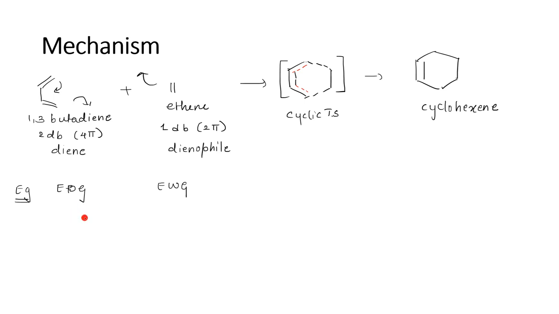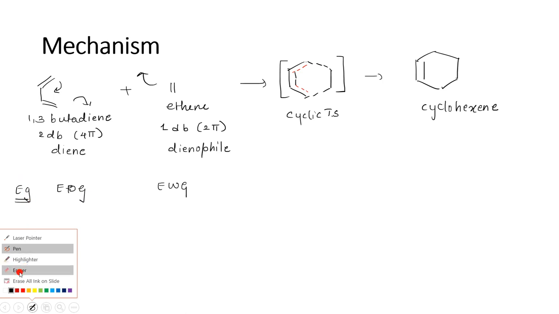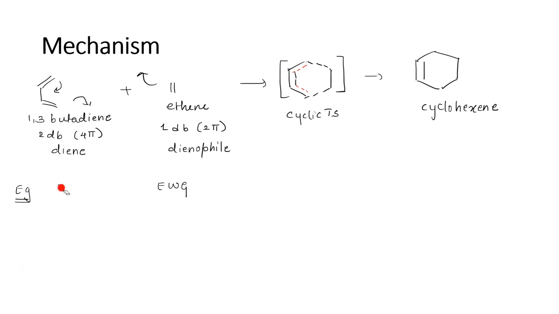So this is just an extension of this. Before that, let's study some examples. Before I go into this substitution, electron withdrawing and donating, let's go for a simple example. For example, you are having a 1,3-butadiene system and this type of dienophile. This is acrylonitrile. So what are you going to get? This is an adduct. Adduct means what? Addition product.